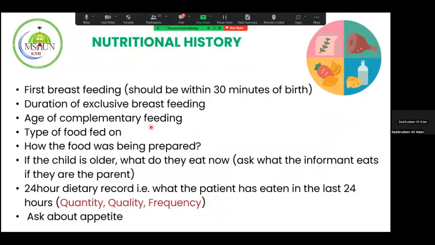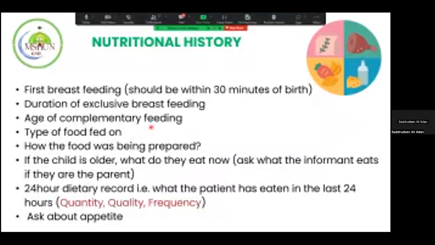So we need that first, maybe to get it on time so that the neurons are in an active state. That's why the nutritional history, as for the immunization history, is what we want. So the first breastfeeding